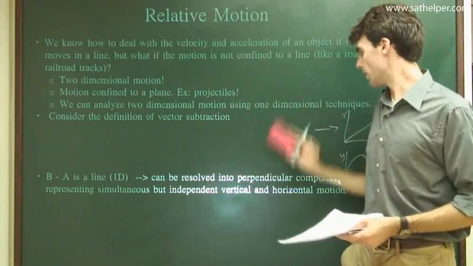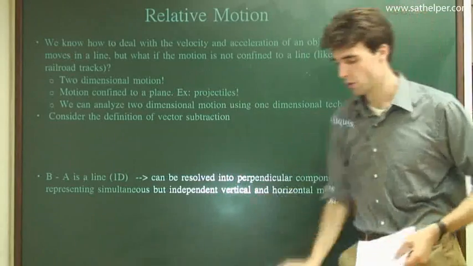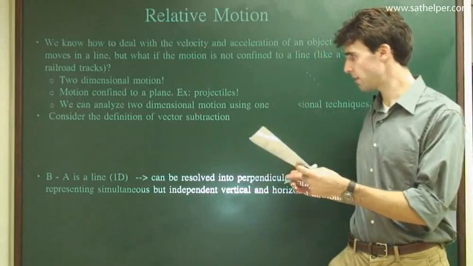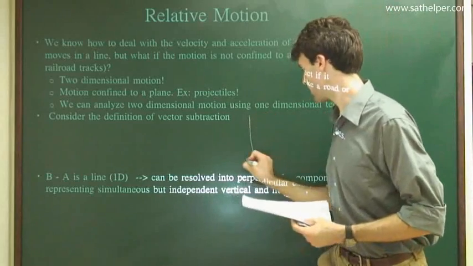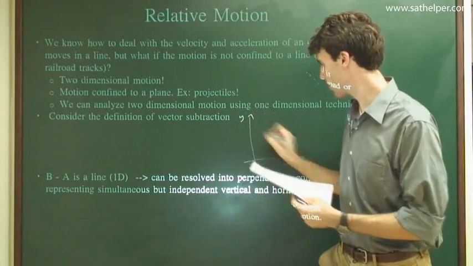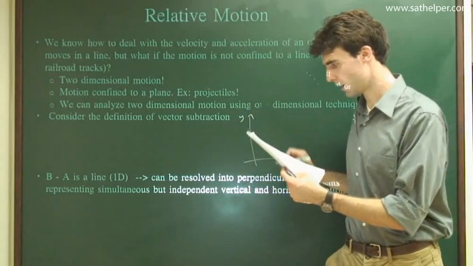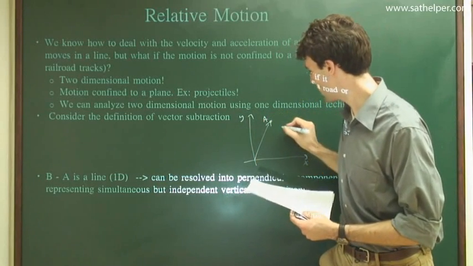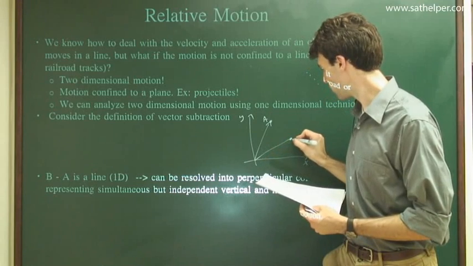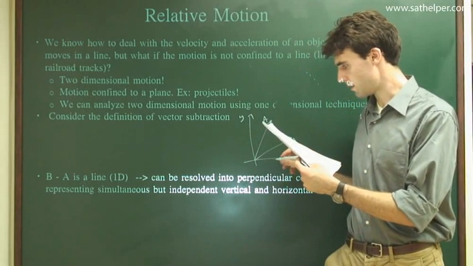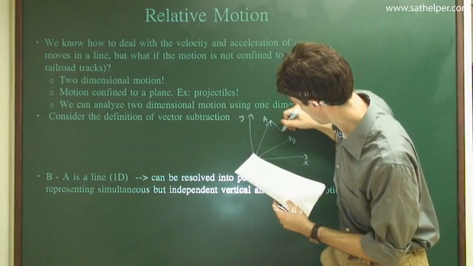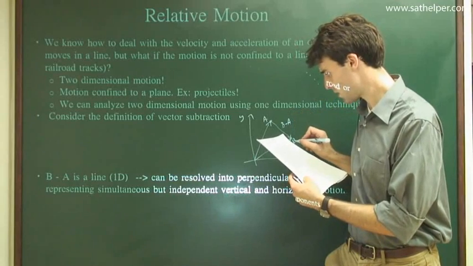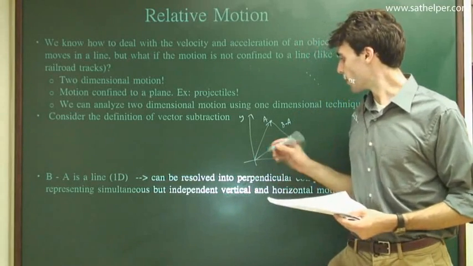So we basically already know how to do this. We have all the tools we need. All we need to do is use our vector arithmetic and our knowledge of 1D motion. So for example, consider the definition of vector subtraction from last lesson. If we have some y here and some x here, then we have 2 location vectors, locating point A and locating point B, and this is B minus A. Okay. So notice, let's look at